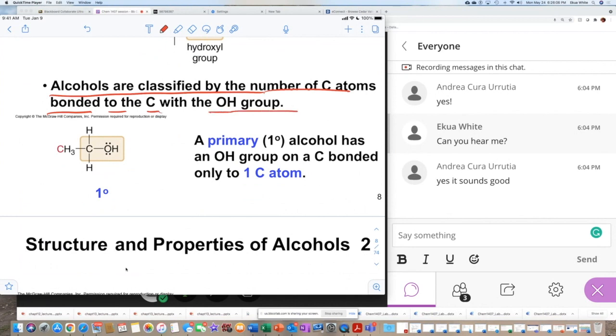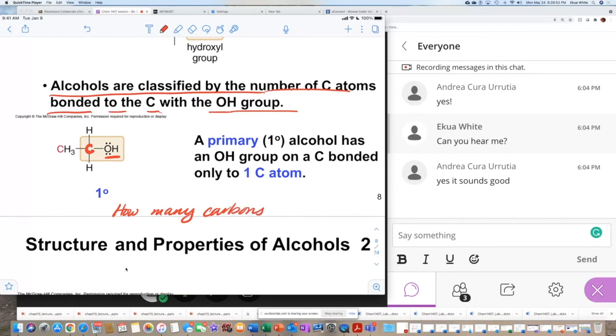Okay, so this is kind of how I paraphrase it. This is the hydroxy group, which represents alcohol, and this is the carbon holding it or hosting it. So how many other carbons are connected to the alcoholic carbon? Now, this carbon is not alcoholic, like it has an alcohol problem, but I call it alcoholic because it's the one that's holding the alcohol group, right? So they want to know here how many other carbons are attached to your alcoholic carbon. So the proper term for the alcoholic carbon is the alpha carbon, the first carbon attached to the functional group, right? We haven't even started using those terms yet, but for right now, how many